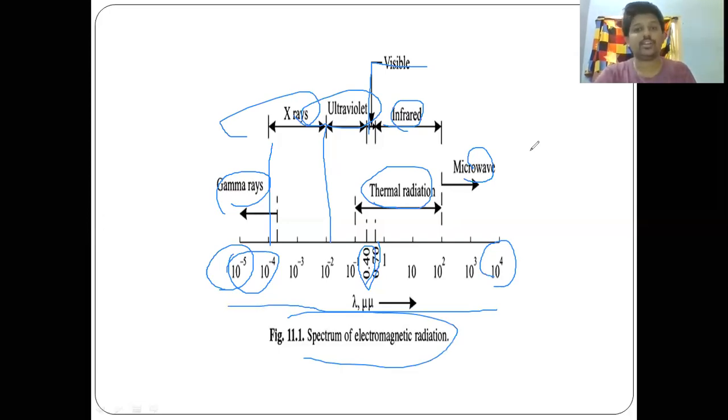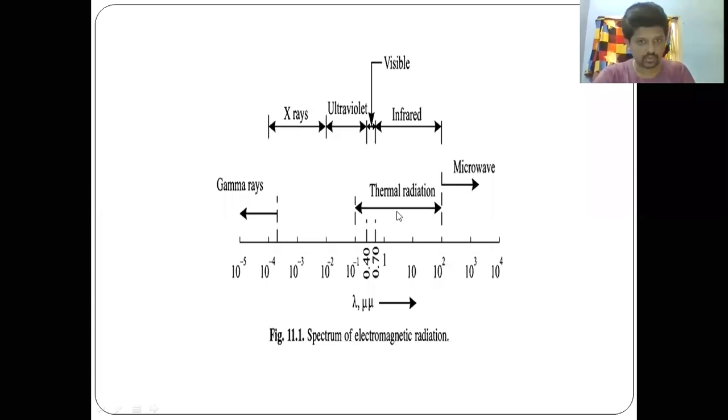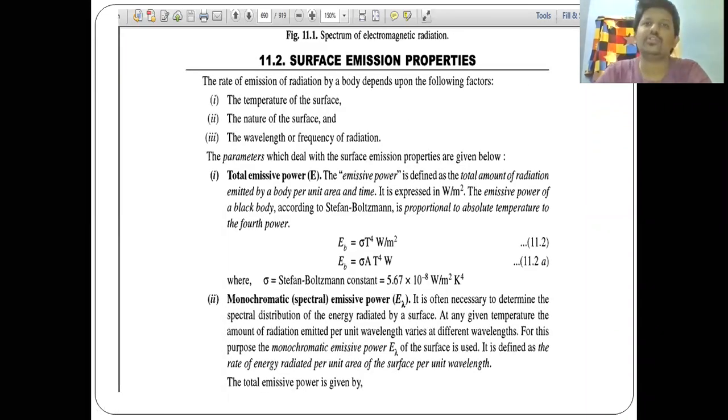Of all this, we are interested in thermal radiation, because that is what we are defining. It is in the order of 10 power minus 1 to 10 power 2 wavelength. In this range we can observe thermal radiation, and the emitting surface will release some photons. These photons propagate in the form of a wave with a velocity equal to that of light, and are received by a surface. There you can have three possibilities: it can be partly absorbed, reflected, or transmitted. And the receiving surface will convert this wave motion into thermal energy. This is the basics of